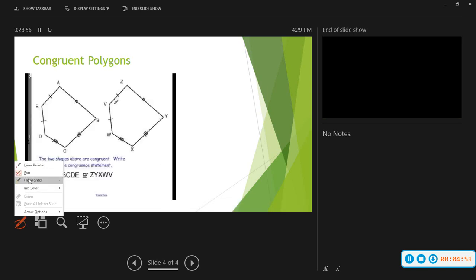So here we go. First off, what we're going to do is use this name to find our corresponding parts. Since this is a pentagon, there will be 5 sides and 5 angles. Let's start off with the sides. We're going to start off with first and second, then we're going to go second, third, and so forth. So we got AB